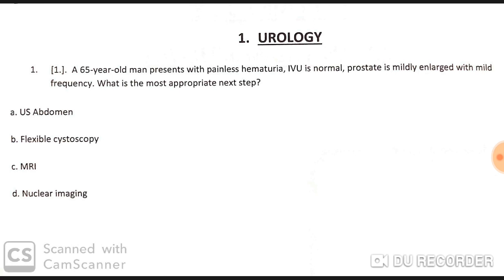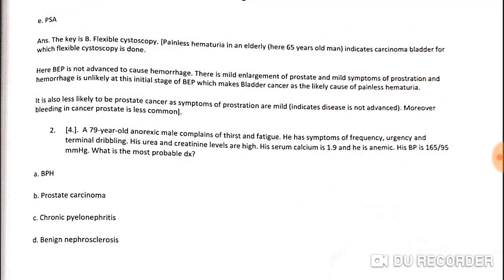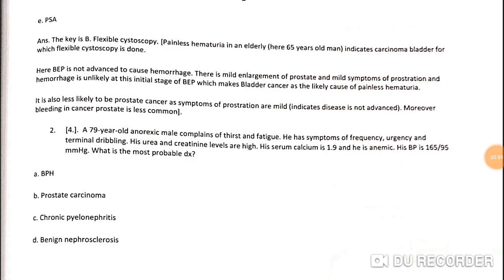In such a condition, we need to go for flexible cystoscopy. Why? Let's discuss. Painless hematuria in an elderly, here 65-year-old man, indicates carcinoma bladder, for which flexible cystoscopy is done. BPH is not advanced enough to cause hemorrhage. There is mild enlargement of the prostate and mild symptoms of